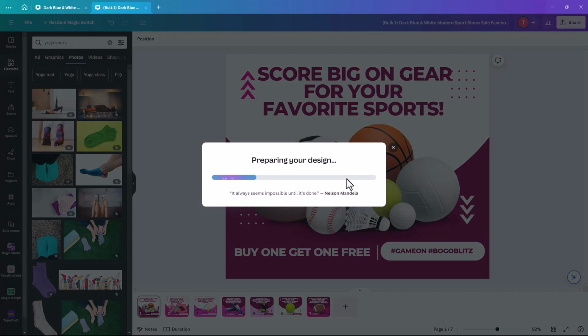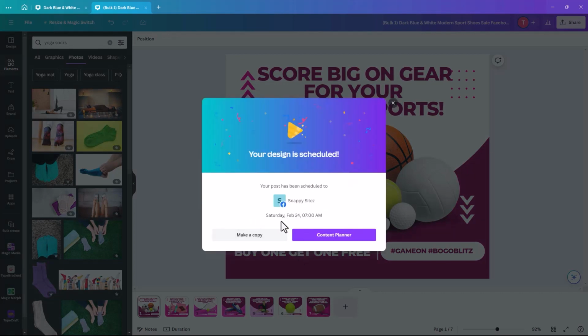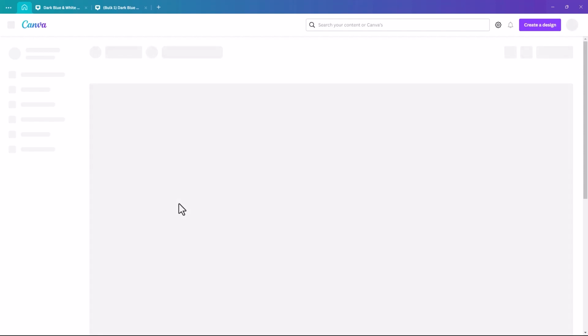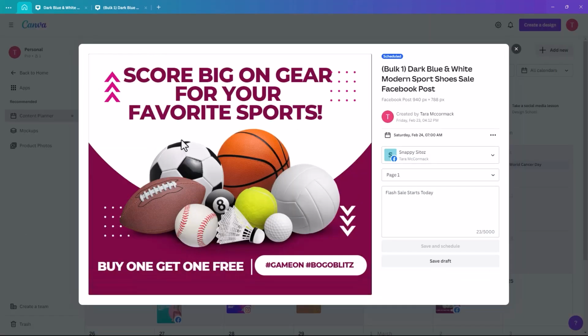it will prepare your schedule for you. So it's going to go out, well, tomorrow, Saturday. So I've actually put in the wrong time, but this is just to show you, it's not real. So when you click on Content Planner, it will bring you to your Content Planner, and it is telling me that this one is going to go out tomorrow at 7 a.m. It's going to go on Facebook, page 1. This is the information, and